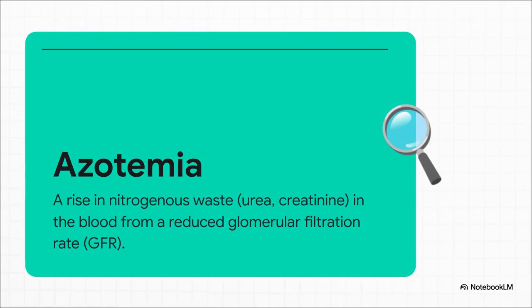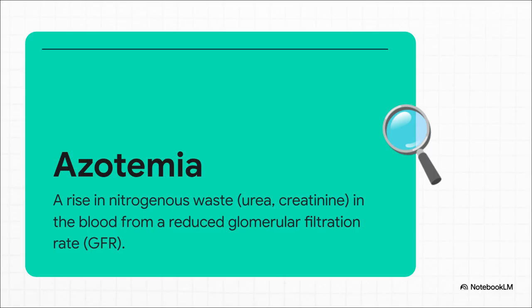First things first, let's define our central clue, azotemia. Now, this isn't a disease itself, it's more like a signpost. It's telling us that waste products, specifically nitrogenous ones like BUN and creatinine, are building up in the blood. And why does that happen? Because the kidney's tiny filters, the glomeruli, aren't working as well as they should, which is basically a direct reflection